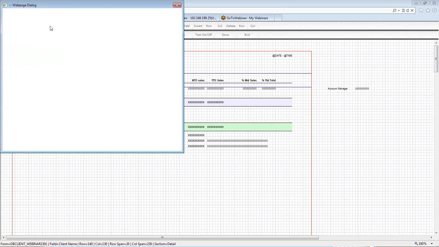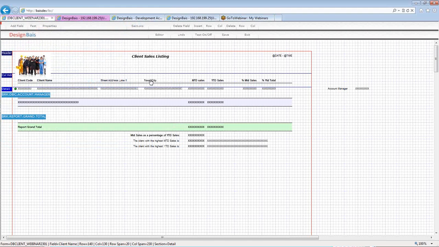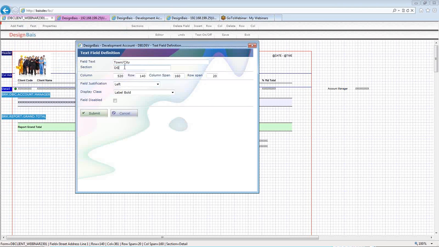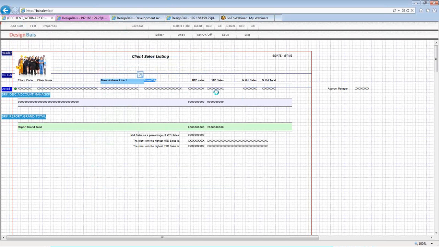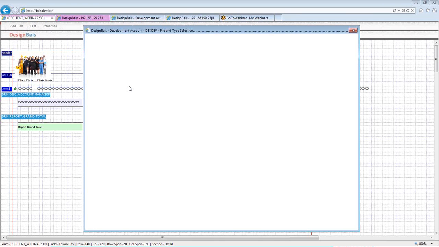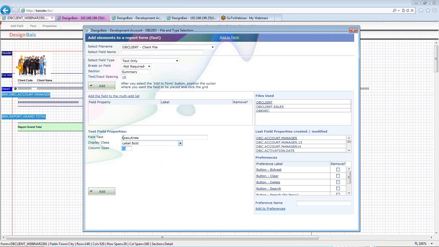And I'll just do the next two. Okay, so those 4 headings are in a section called detail, and I'll just add another one to the form. Another output field, sorry, a text only field, and I'll put it in a section, say, called summary. The names don't matter, it's only for demonstration purposes, and I'll put the label executives there and add